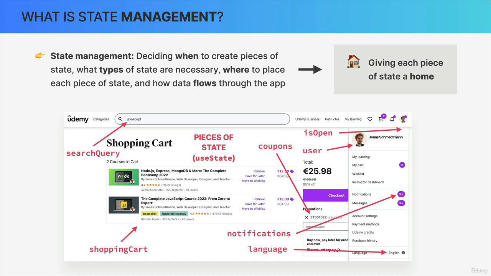Now, up until this point, in our small apps, we never had to worry about state management at all. We simply placed each state in a component that needed it, and that's it. But as an application grows, the need to find the right home for each piece of state starts to become really important. No matter if that home is the component where we first need that state, some parent component, or